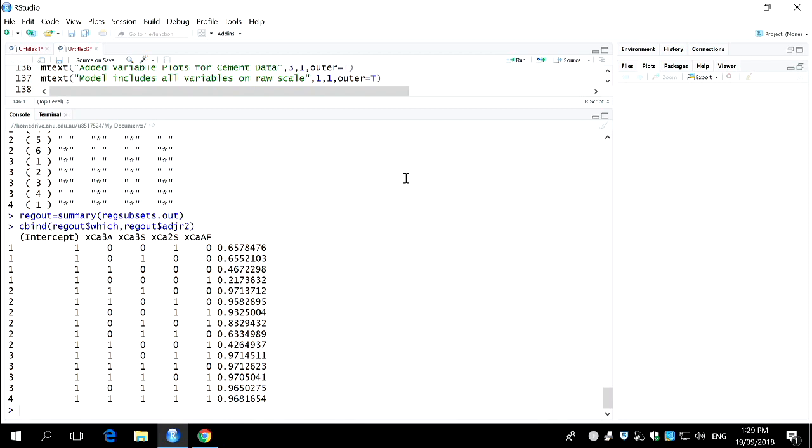Now, at the end of yesterday's lecture, someone who I can't visualise right now came up and asked a brilliant question, and the brilliant question was this. When you fit the best one variable model, is that variable that you chose going to be in the model you choose out of the result of a stepwise regression? The answer is no. The best one variable model, we can look here, the best one variable model, so these